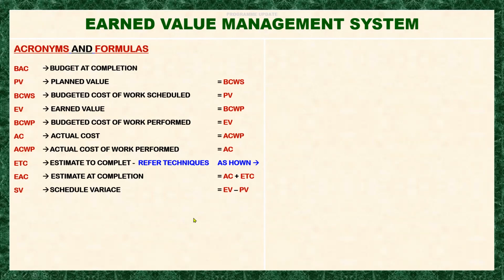That means your performance will be compared to your plan. So whenever it comes out to be negative, you are not performing based on your planned quantities or planned program. Okay. So we will go to the cost variance. Okay. This cost variance,